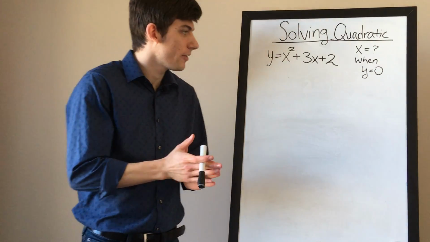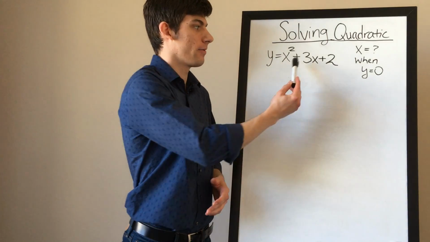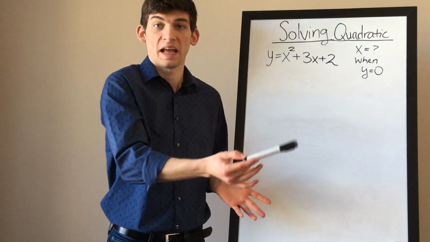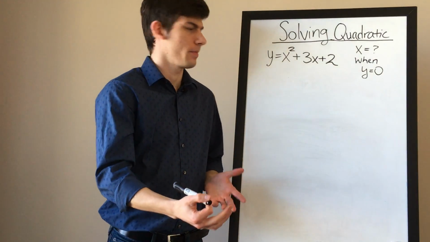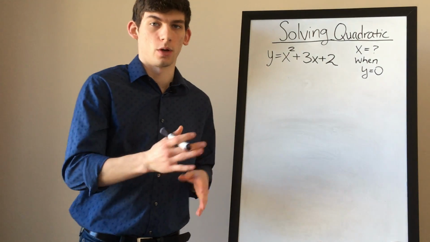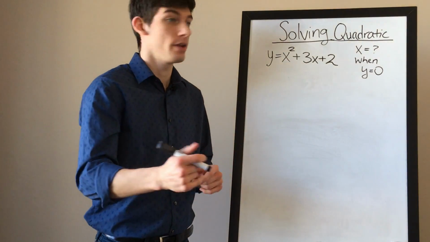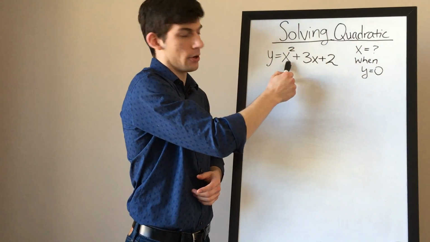Okay, leveling up, leveling up. So now we have x squared instead of just x, right? We have basically more than one x. We have one x to the power of 2, but we still need to solve for it. So this is a very common scenario in the kind of straightforward quadratic equation type of question, where you're given your quadratic equation. Quadratic just means that you have an x squared,